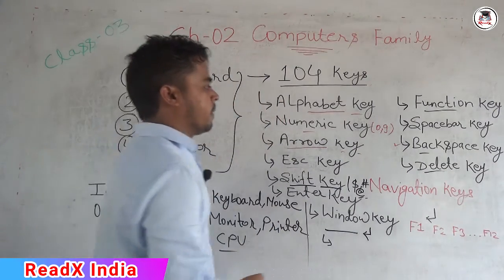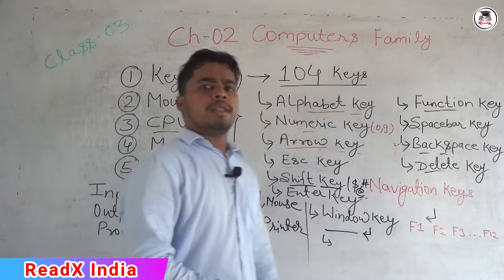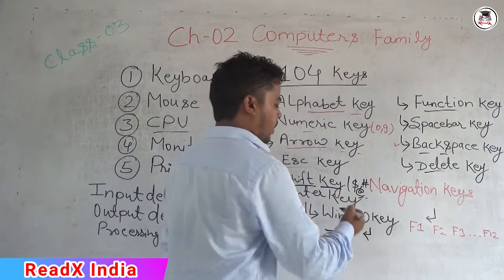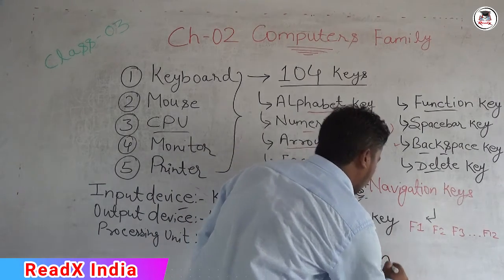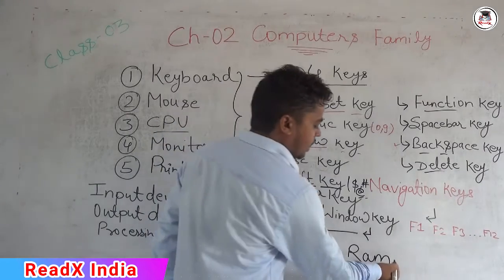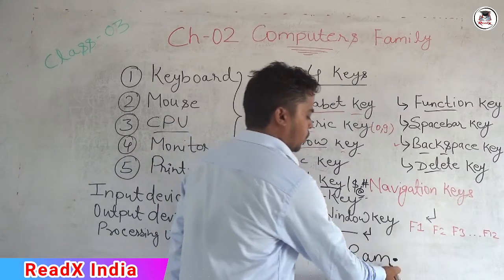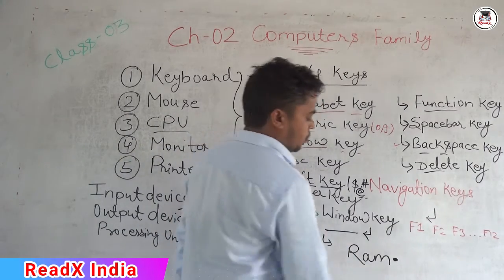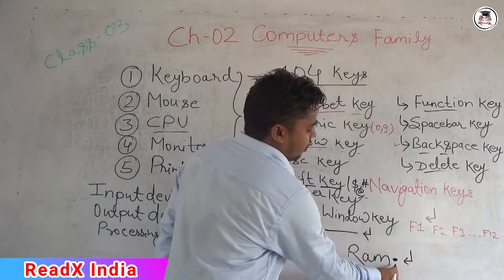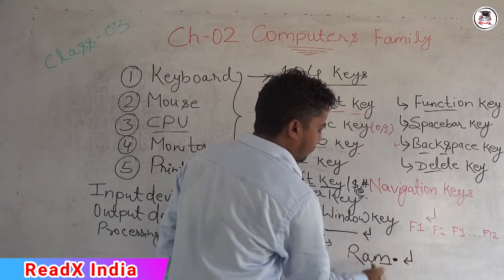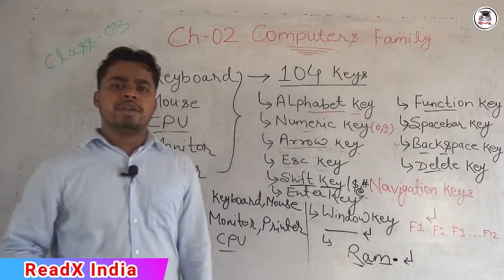Suppose, for example, I am using the backspace key. The place where the cursor is pointing matters. Suppose I have written a word called Ram, and my cursor is blinking at the end of it. If I want to remove all of it, I will have to use the backspace key. First, if we press that key it will remove M, then remove A, then remove R. In this way it will remove.